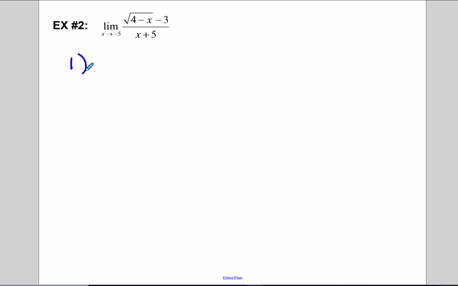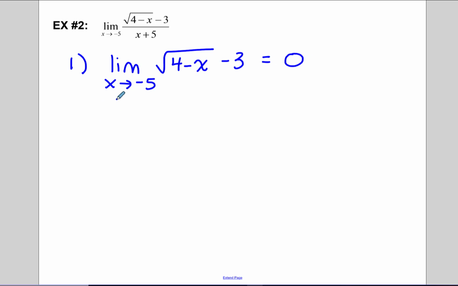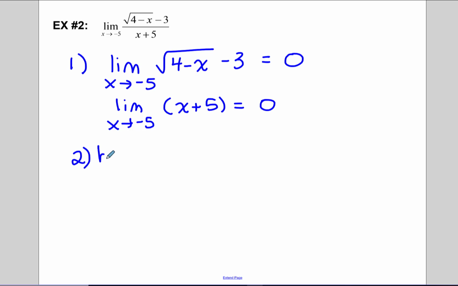So first thing, I want to try direct substitution. X approaches negative 5 and 4 minus negative 5 minus 3 gives us a 0. And x approaching negative 5 in the denominator will also give us 0. So we can say by L'Hopital's rule,